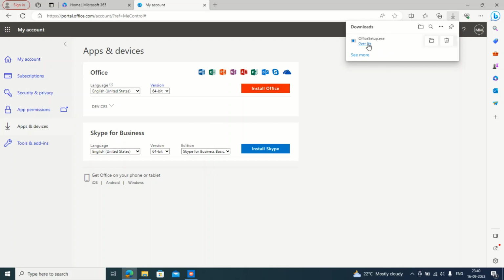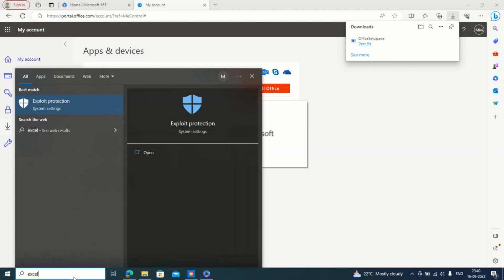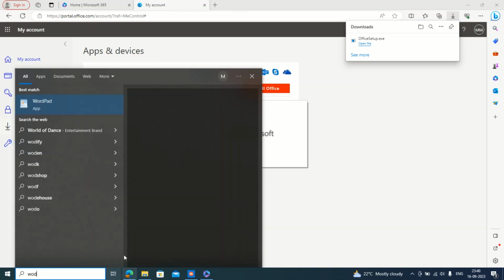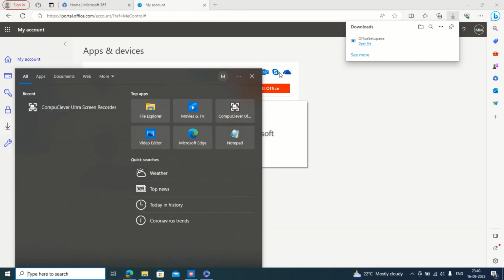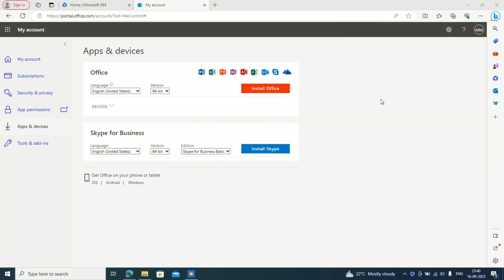I'm opening the Office setup file. It is asking me to give administrator consent for the installation. I have just given the consent. Now it has started the installation. If you see my laptop now, I don't have the Excel application or any of the applications installed. Once I run this Office 365 setup and it is completed, then we could see that the